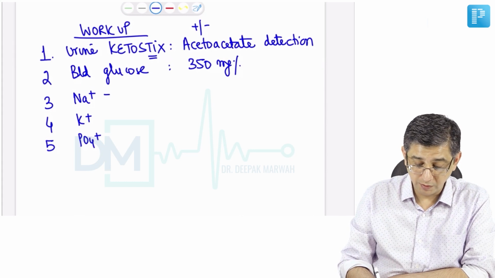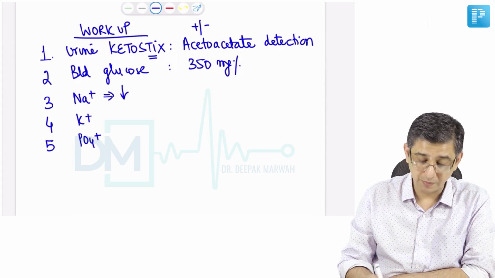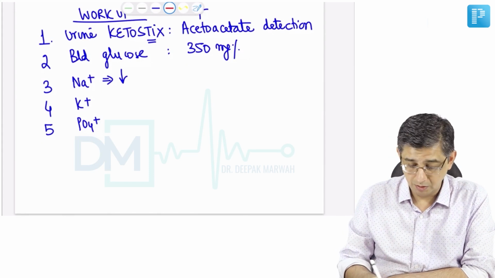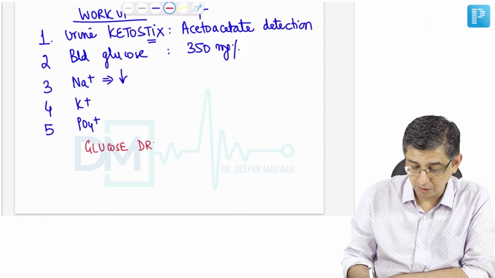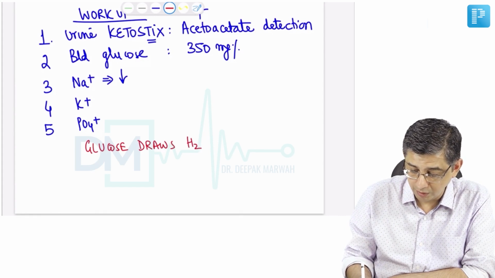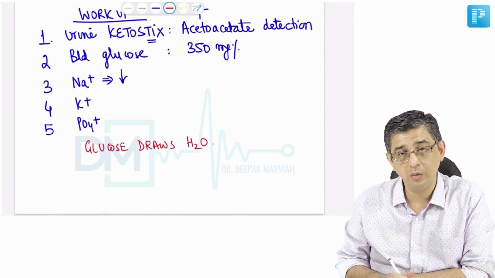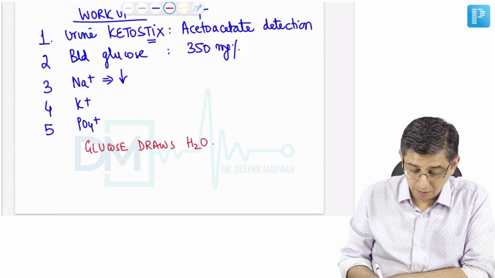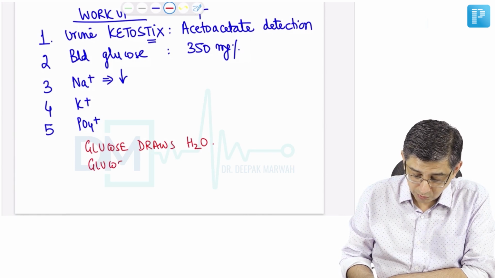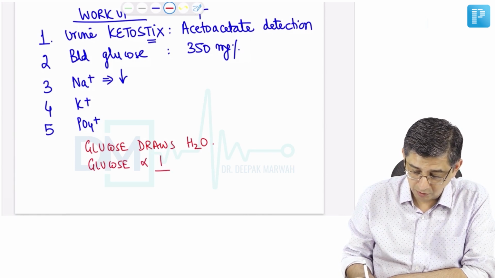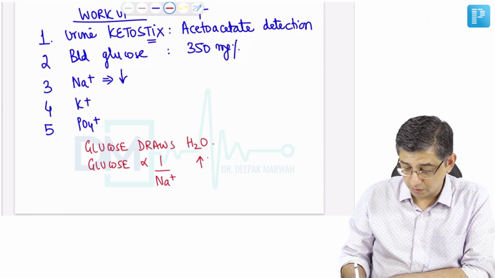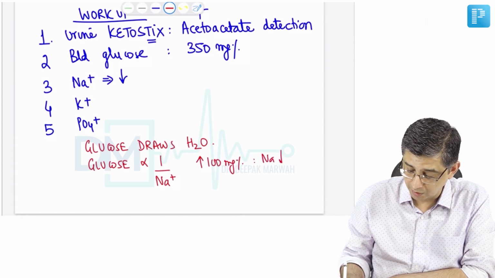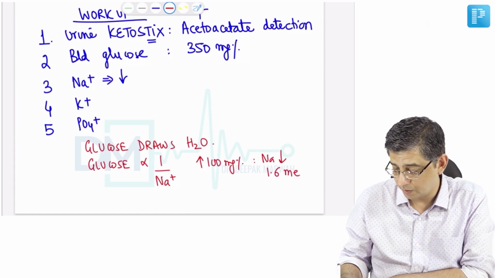You will always notice that the values of sodium in these patients will be lesser. Why sodium is reduced in the patient is because high glucose will draw water, and therefore the water component will dilute and will cause sodium values to become lesser in the body of the patient. Clinical studies have shown that glucose and sodium have an inverse relation whenever we are talking about diabetes related complications. Whenever blood glucose rises by 100 milligram percent, the values of sodium tend to reduce by approximately 1.6 millimoles.